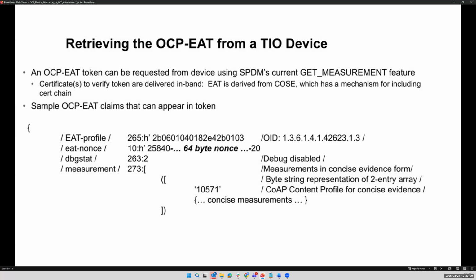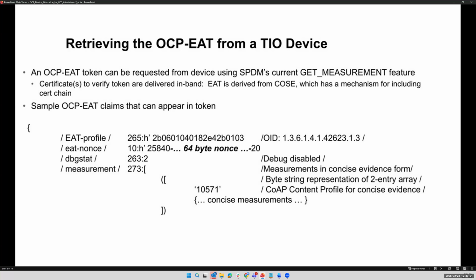A sample OCP EAT with just the mandatory claims is shown here. And I believe Thomas had asked why even use an EAT wrapper. One of the things that I think motivated us was the fact that several claims in EAT